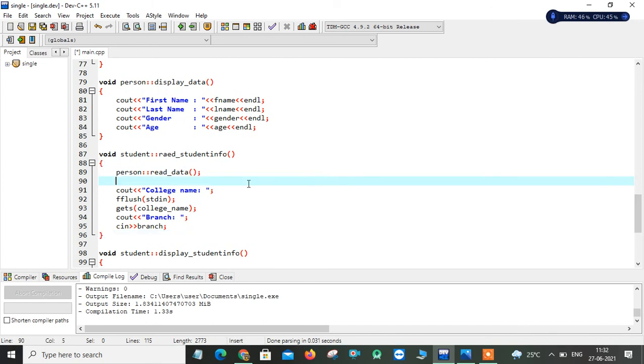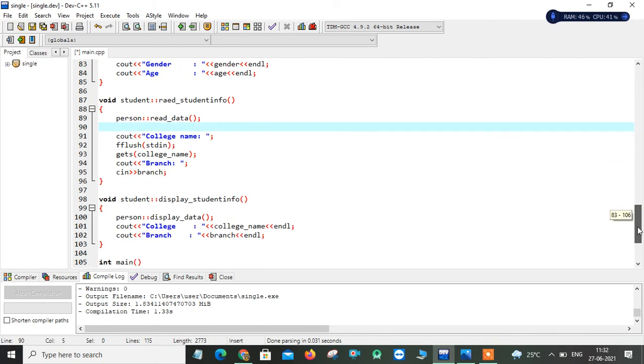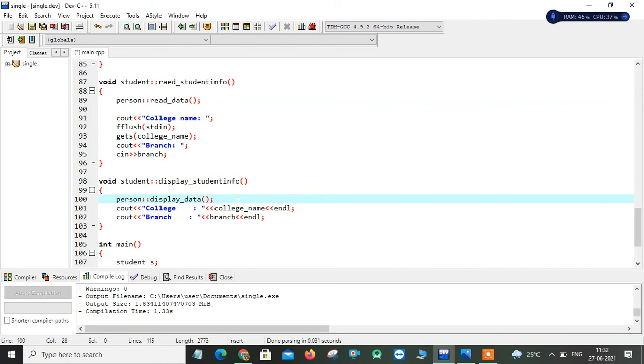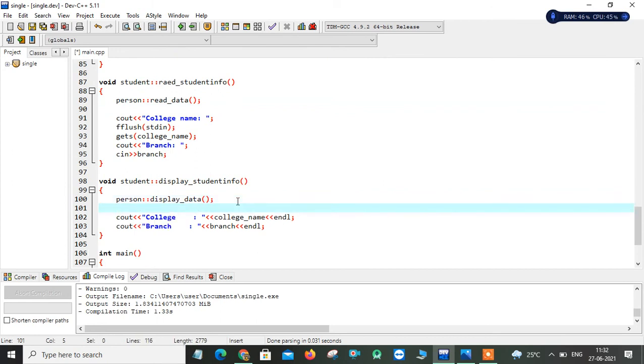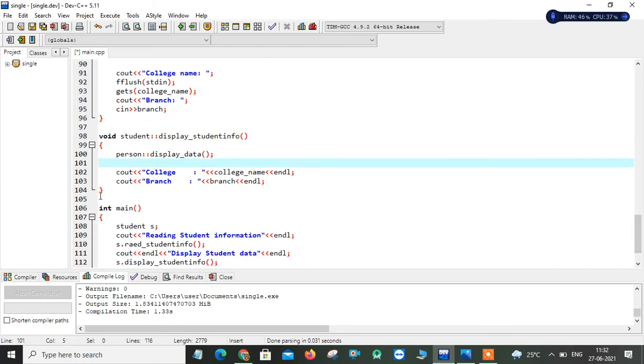That is display student info. Again in that I'll call my display data function, which is of my parent class, because I didn't call the parent method individually to display the values of the person. I want to display the content of that person first, then I'll continue with my student info like college name and branch, because the previous call will give you the personal information. All right, so now see, here I'm trying to display the college and branch, which is from this Student class.